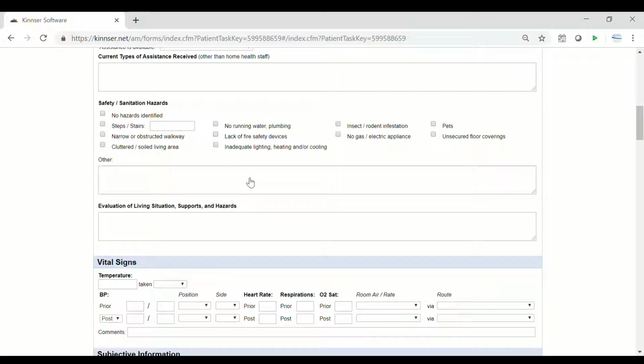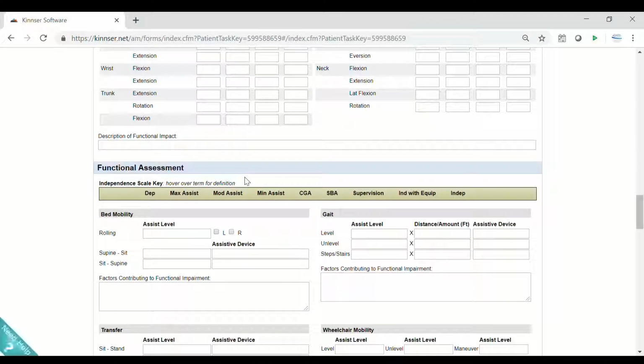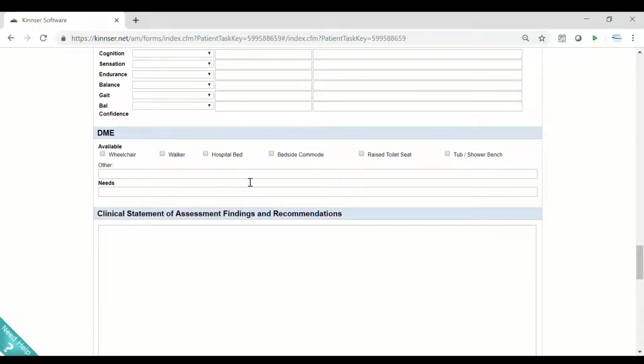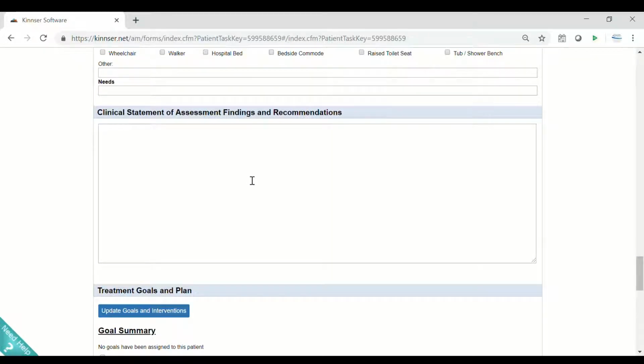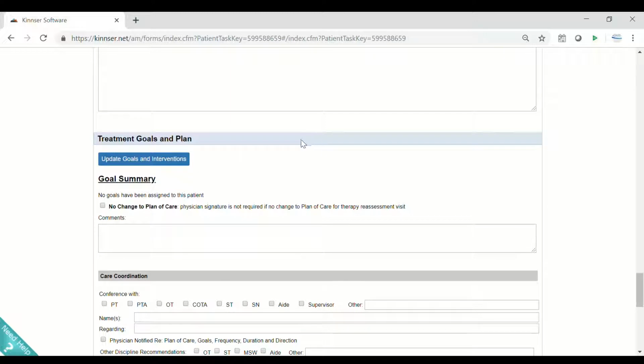The one thing on a reevaluation you want to take notice of is that if you're just going ahead and reevaluating because it's part of our conditions of participation, and you're not adding anything, you're not changing the plan of care at all, make sure you check this box here. This way it does not become an order that goes to the doctor. In the case where you did change the plan of care, like you're adding more frequencies or changing interventions, well, certainly you would not click that, leave it open so that the evaluation or the reevaluation becomes an order.